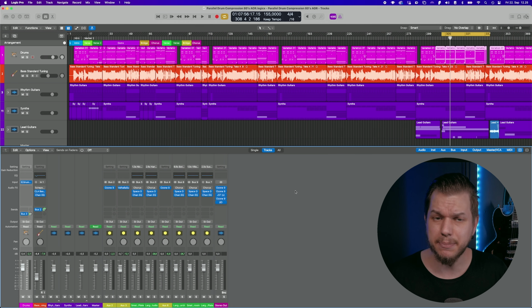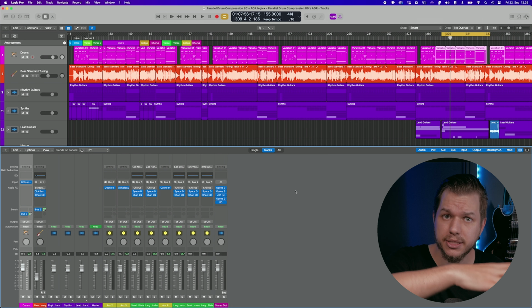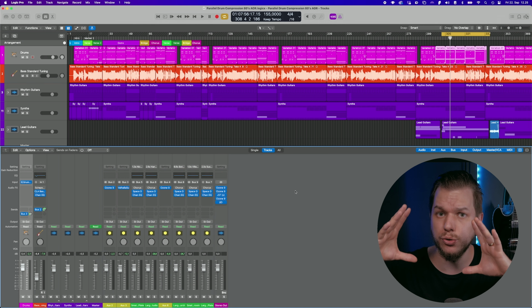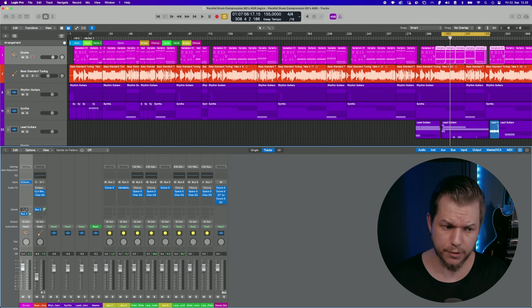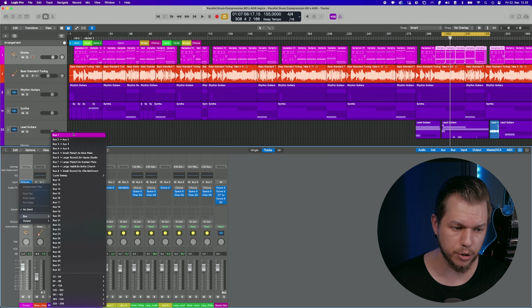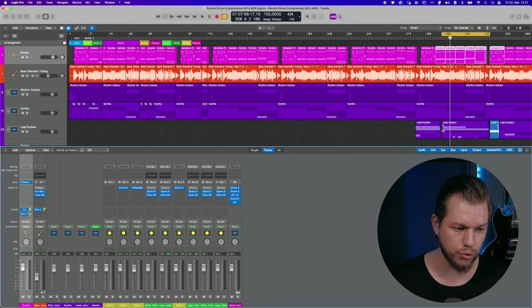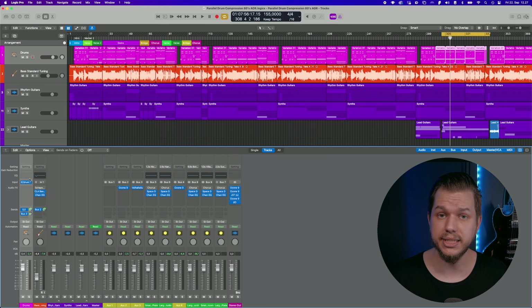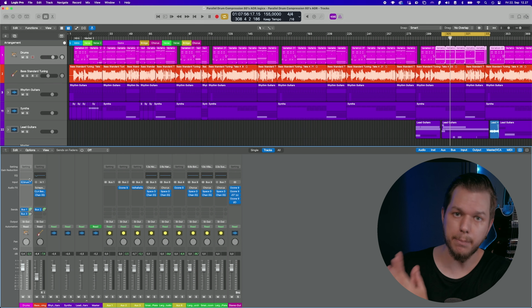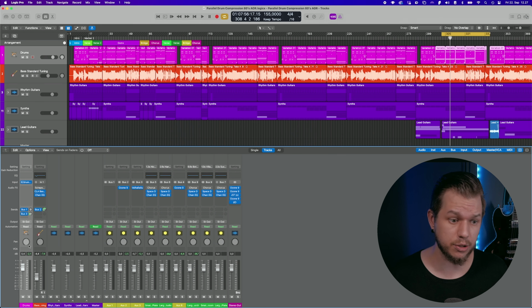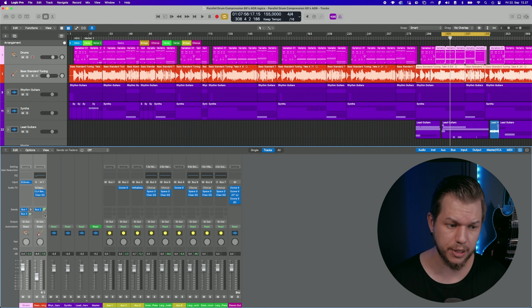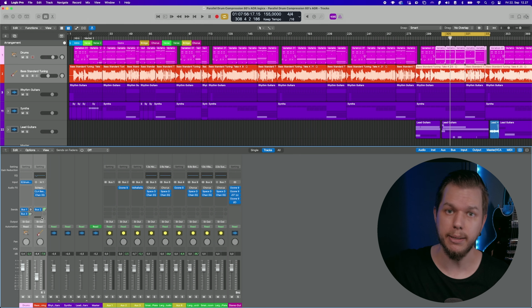And what we're doing here is basically taking the sound of the whole drum set, sending a copy of that into a virtual track, and then processing that virtual track. So I've created the bus number 1, and what I'm going to do is to set it at 0. So we're sending exactly the same amount of drums from the track to a bus. And I should mention this technique works exactly the same on real drums as well. You just select all of your drum tracks and then send them to a bus.